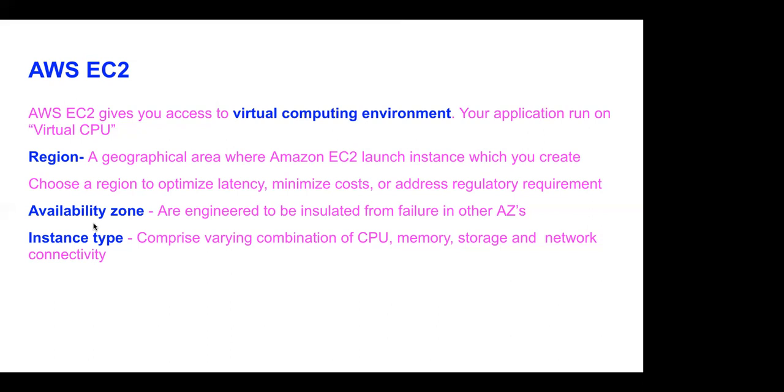Next option which you have to think about when it comes to EC2 services is instance type. We'll study what an instance type is. You need to see based on your requirement. If your application is very small, then you can go for the T2 instance type. But if your application requires lots of computation, then there would be another instance type. If your application deals with lots of video or graphics, based on your requirement, you will choose the instance type.